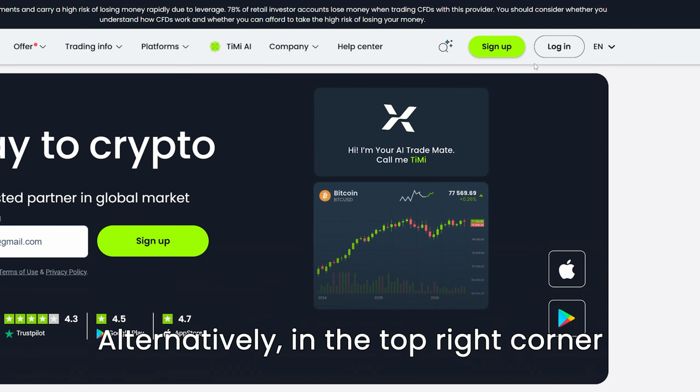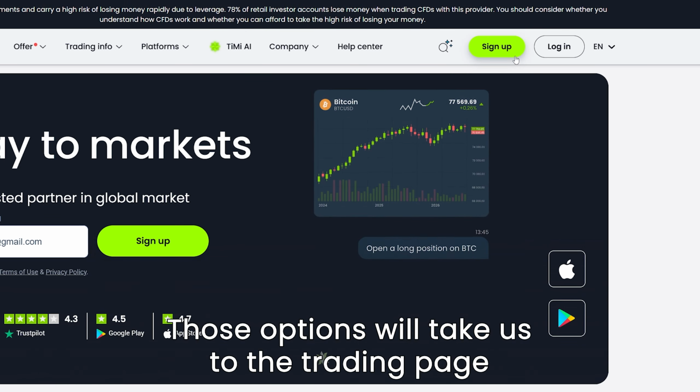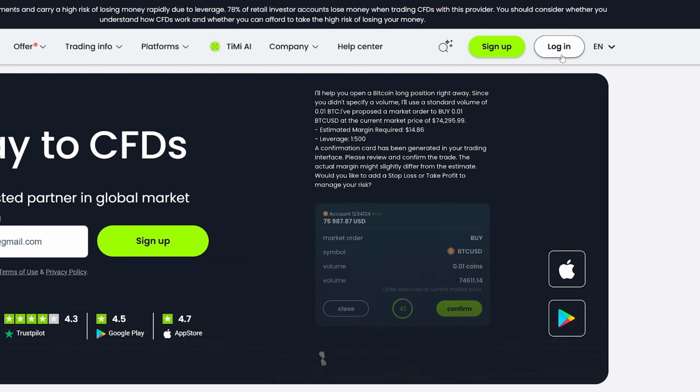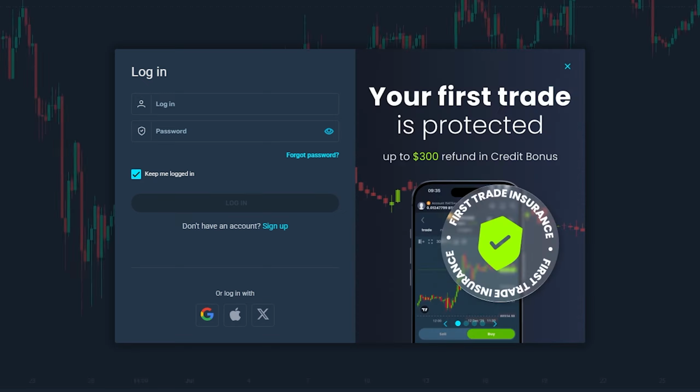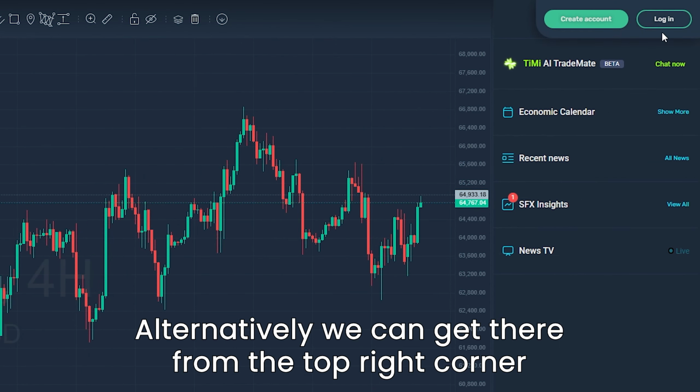Alternatively, in the top right corner, we can click Sign Up, which will take us to the trading page straight to the account creation window. Right next to it is the Login button. If we click it, this will also take us to the trading page where we can log in or click Sign Up below. Alternatively, the Sign Up and Login options can also be found again in the top right corner